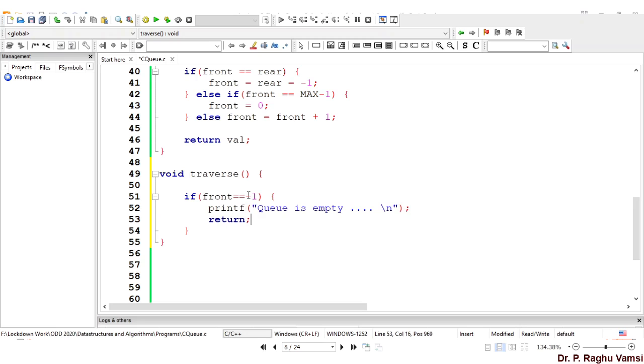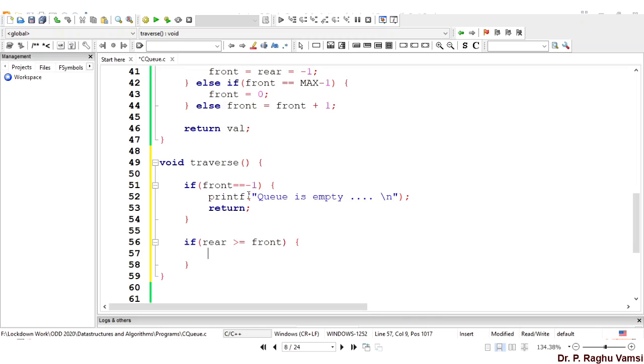Then return. Otherwise, we need to take care of the rest. Now check whether rear is greater than or equal to front, then obviously from front to rear you print the values.